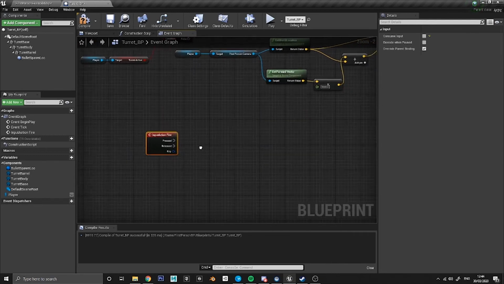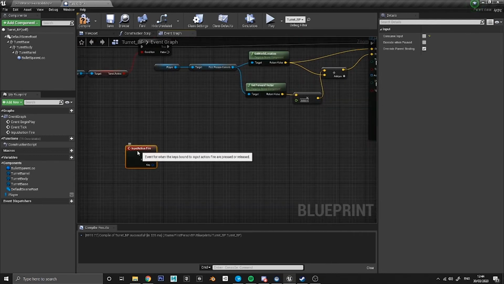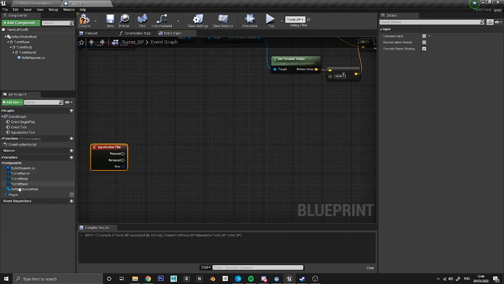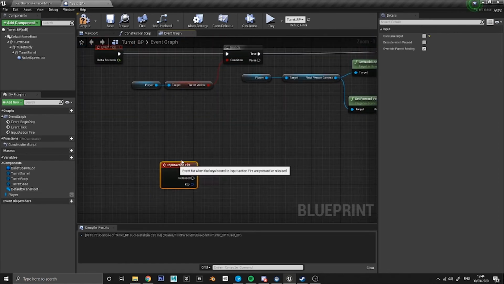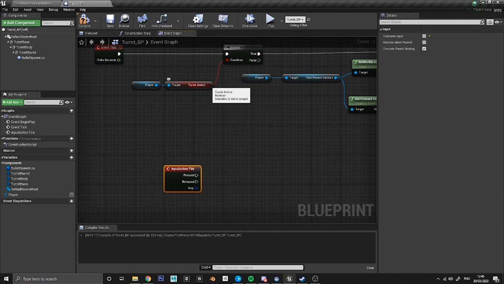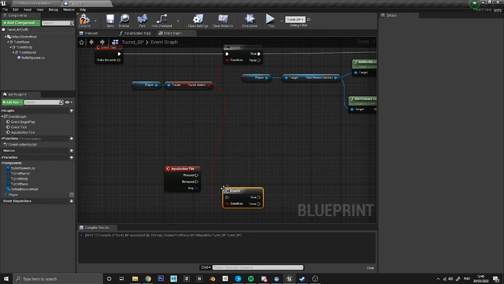So what we need to do is input action fire, and then again we need to first of all do a quick check to make sure the turret is active. We don't want you to be able to fire the turret if you're not actually controlling it. So again, if we can just use this reference up here. Look, if we drag this one and do another branch here and connect pressed into the branch,